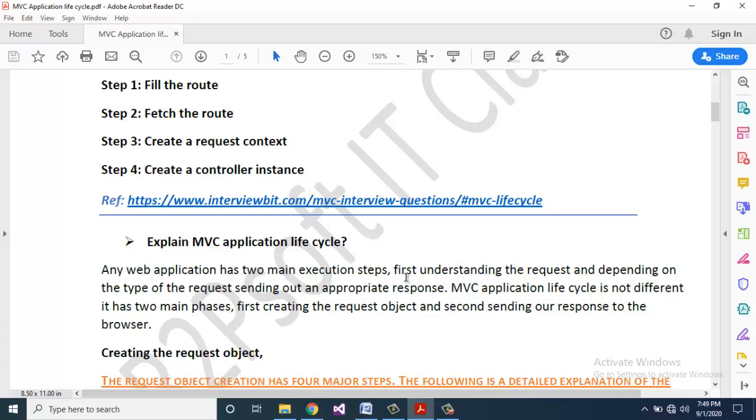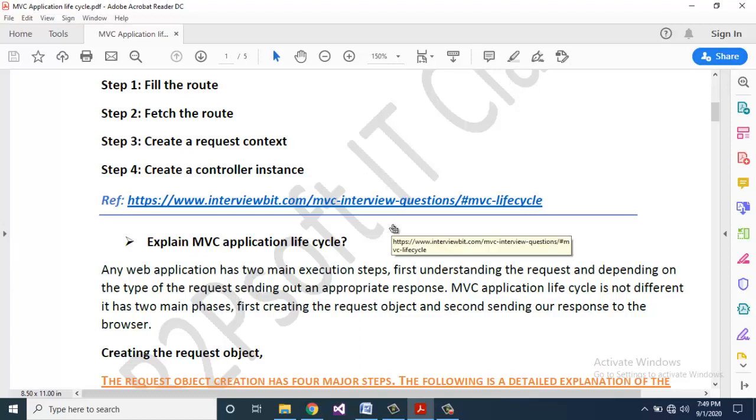First, understanding the request, and depending on the type of request, sending out an appropriate response. MVC application lifecycle is not different. It has two main phases. First, creating the request object, and second, sending our response to the browser.